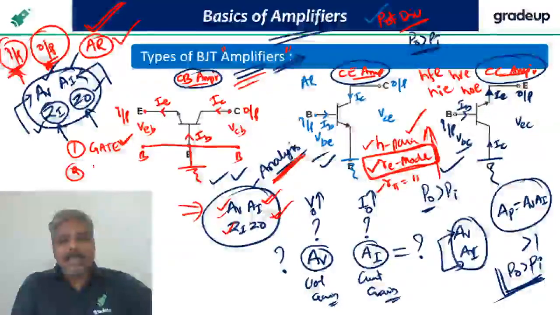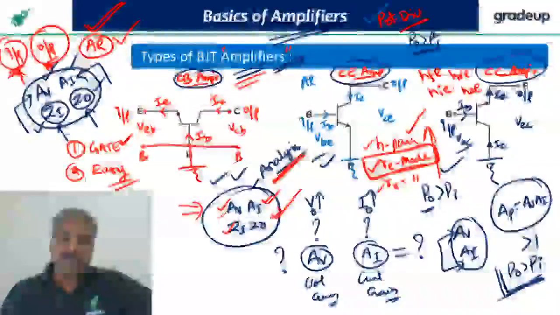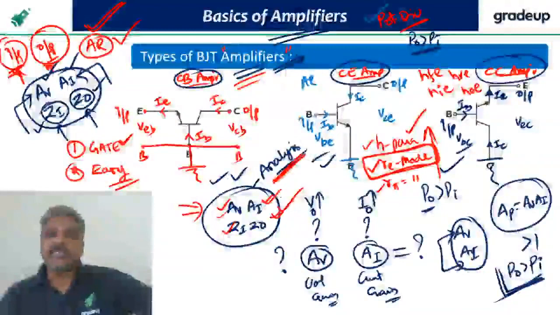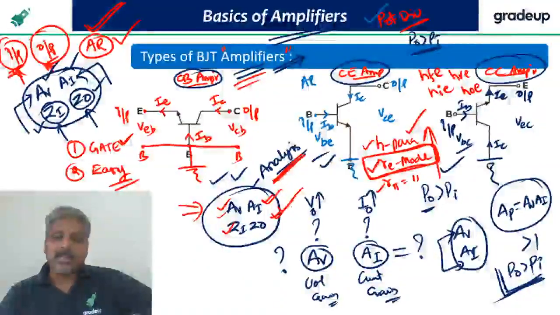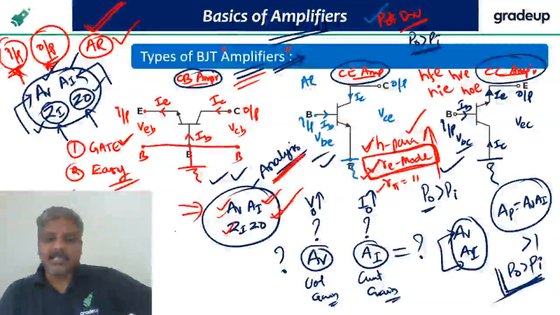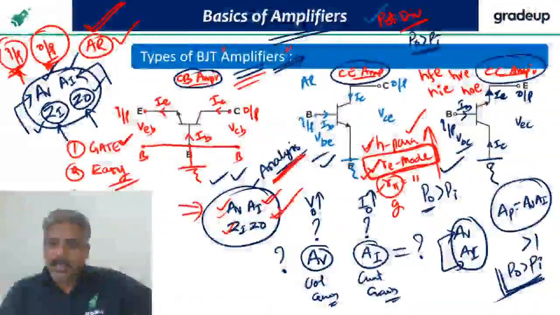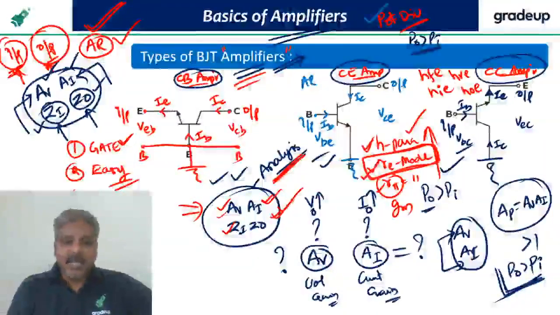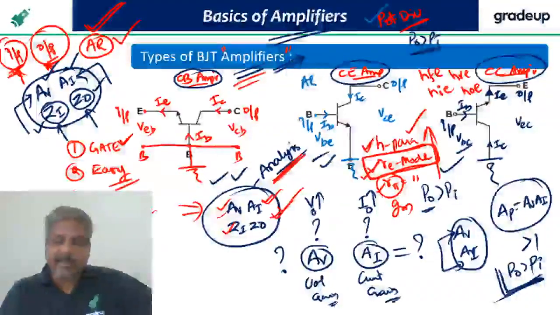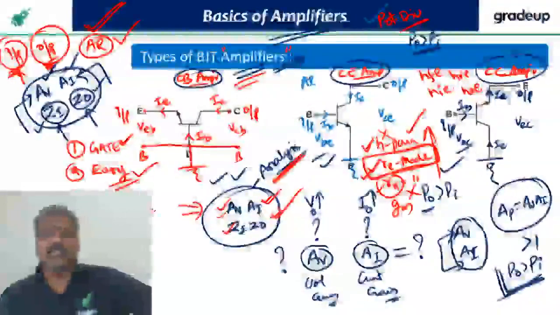Second reason is, it is the easiest model we have. The RE model is the easiest model to analyze the amplifier, because I always want an easy way to find the values. Ultimately, I need the answer. Third reason is, in most cases in GATE, H parameter values are not given, and the RPi model always requires the GM value, transconductance. If they are not given, then you cannot use the RPi model and H parameter model. That's why I should not go for the other 2 models. I will go for the RE model because it is also easy.